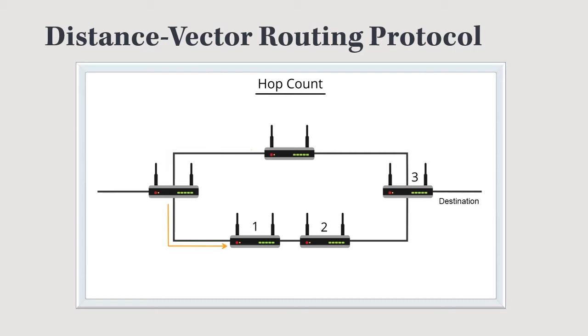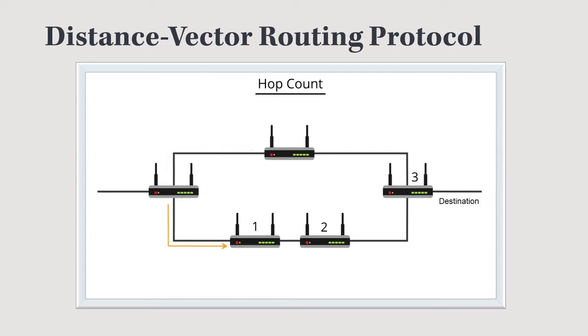With RIP, if we're going from the left and our destination is on the right, it's going to look at the two paths. You see the path across the top and the path across the bottom. It's going to count from its router 1, 2, 3 hops across that top path, and then 1, 2, 3, 4 hops across that bottom path. So if you were using the distance vector routing protocol, RIP, your router would choose the top path, because